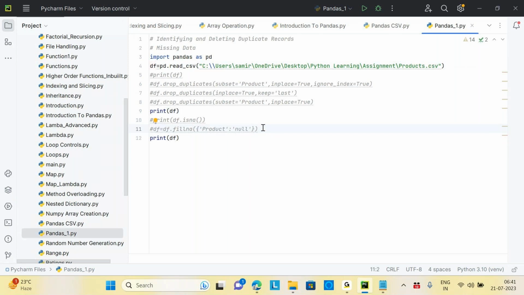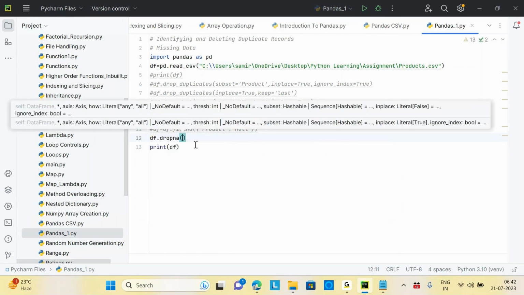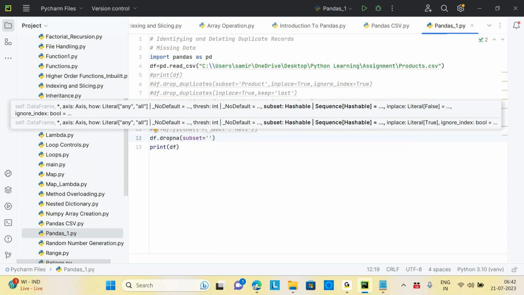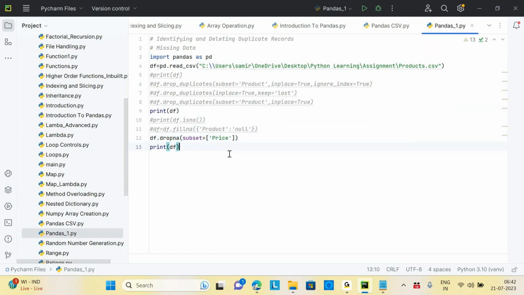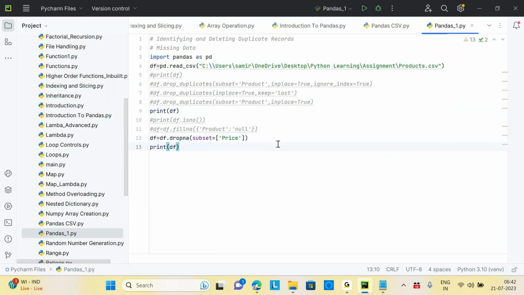Now suppose you want to drop whichever data is missing. We have drop duplicates, and now dropna. If I say df.dropna, the whole data will be dropped wherever there is NaN. But I can be more specific. I can say subset equals price, and assign this to df again. Now if I run this,